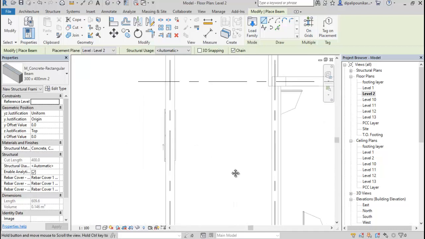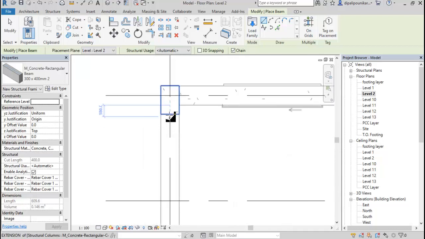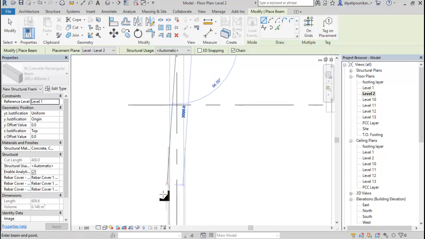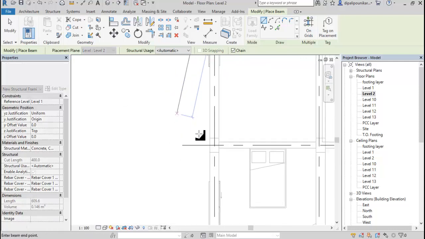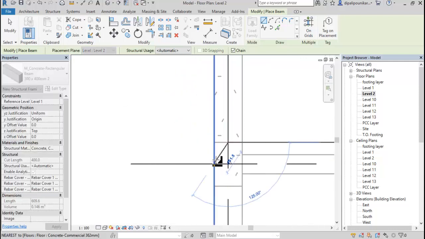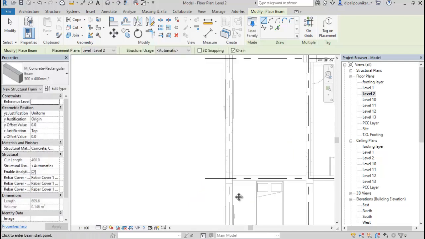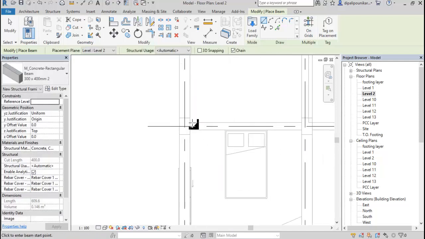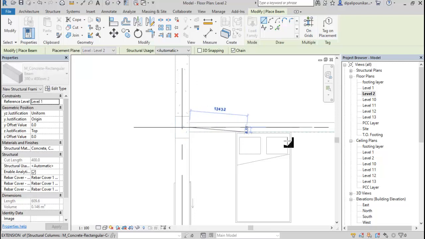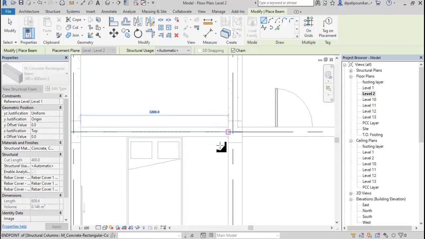Okay. So again, I am assigning this from this point to this particular point. Now again, we will start from here. Let's assign from this point to this point.